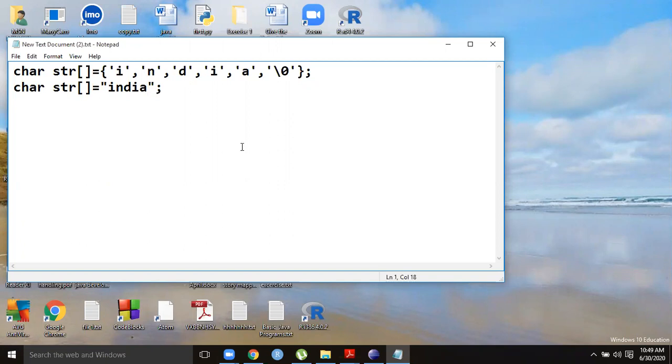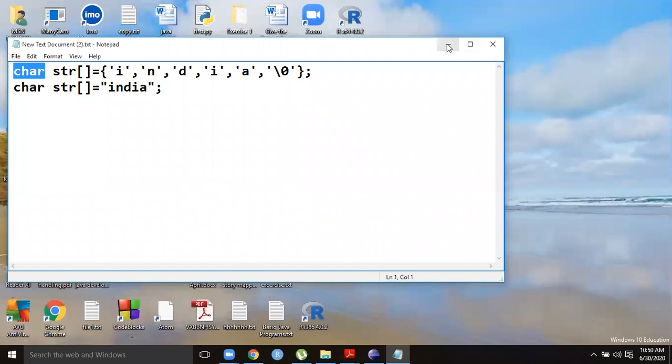The difference is, if you use a character array, you must place a null character, otherwise the compiler will not understand. This is the termination point, and it treats it as a character array and then it becomes a string. In the double quotes case, you need not place the null character; the compiler does it automatically. So anyhow, if you want to create a string in C, you have to do it with the help of the char keyword.